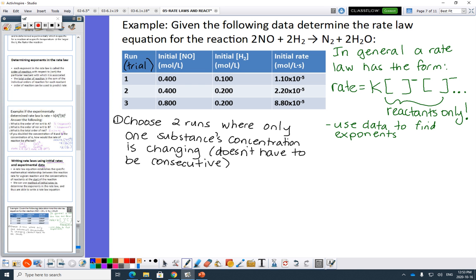What matters more is that you have the rate and the K general part of the equation, and that you have the reactant concentration with its correct exponent, okay? So, but I'll stick with this one. I'll do NO first, okay? So I called this number 1, so over here I'm going to write number 1. All right, so for NO,